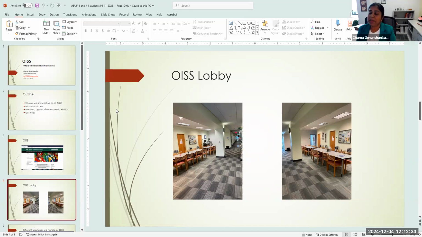USCIS, I mean, the Homeland Security is very strict with those kind of scenarios. They will give them 15 days to depart the country because you have violated. And what happens to the rest of the classes, right? That becomes challenging. So they have to be full-time, 12 credits all the time? Not necessarily. There are some exceptions to it.